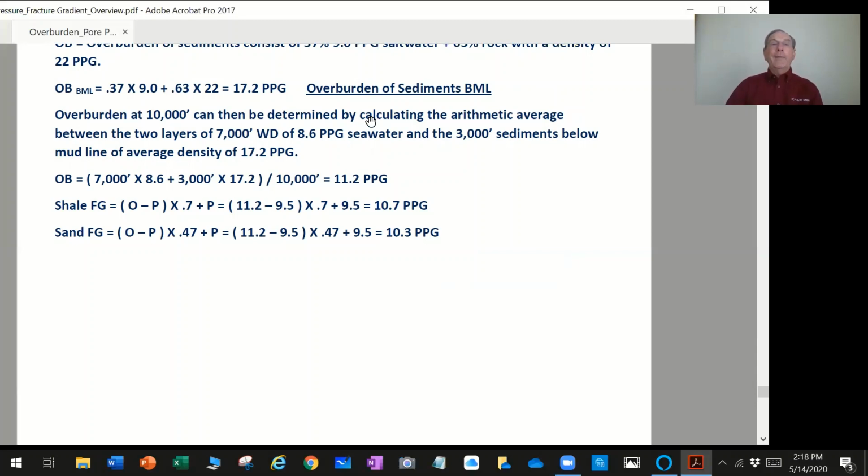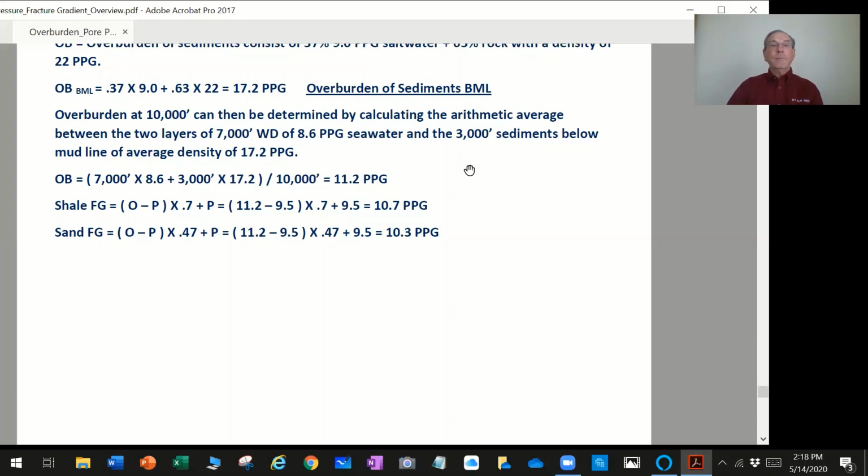the arithmetic average between the two layers: the 7,000 feet of water depth that has 8.6 pounds per gallon and the 3,000 feet of sediments, which has an average density of 17.2 pounds per gallon. So if we take this arithmetic average, 7,000 times 8.6 plus 3,000 feet of sediments at 17.2 pounds per gallon divided by the total depth of 10,000 feet gives us an overall overburden at 10,000 feet of 11.2 pounds per